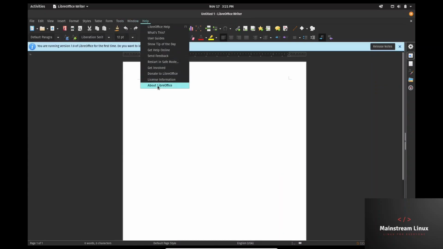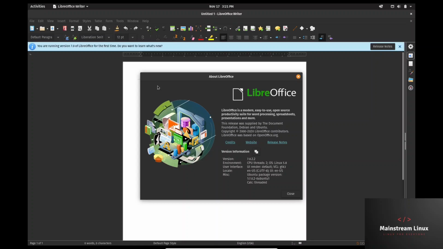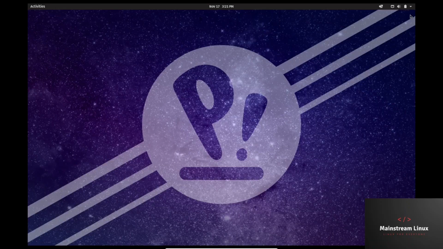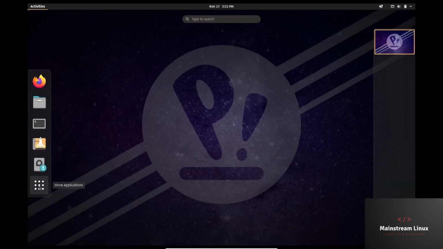Oh, about LibreOffice. Now it's got one of the most up-to-date versions, 7.0.2.2. So that's nice. You're getting the most updated version of LibreOffice, bug-free and ready to go. That's pretty impressive. I like that. Let's close out of that. Back to activities,